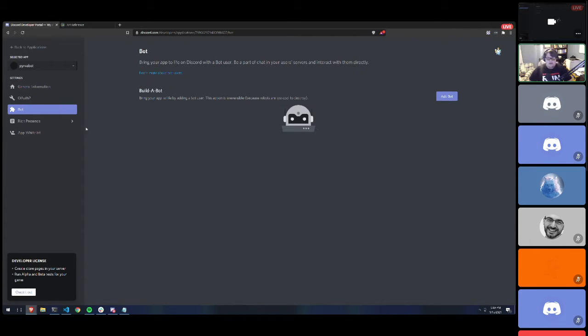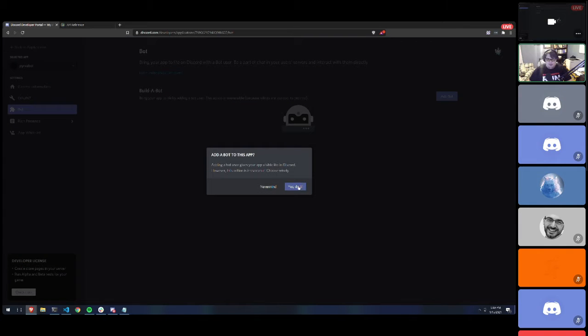The next thing I need to do is go to the bot setting. We've created an app, what's known as an application in Discord, and you can do a lot of things with them. But now you actually have to add a bot to that app. So we're just going to click add bot, and it's going to say adding a bot gives your app visible life on Discord. However, the action is irrevocable. Choose wisely, which means that